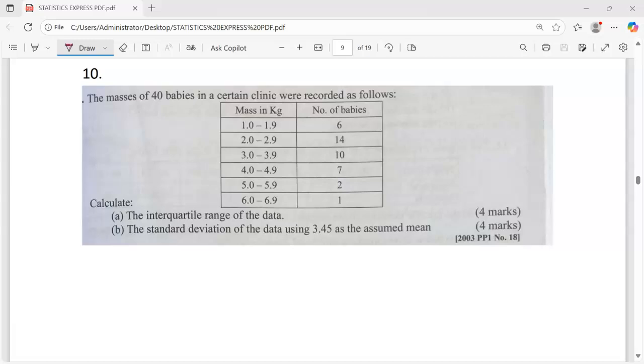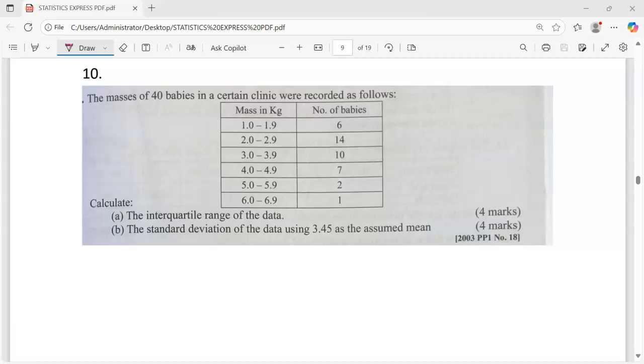This is KCSE 2003 paper 1 number 18, a question on statistics 2. And the question we have reads, the masses of 40 babies in a certain clinic were recorded as follows. We have the mass in kilograms that represent our classes and the number of babies that stand for the frequency. Calculate part A, the interquartile range of the data, and B, the standard deviation of the data using 3.45 as